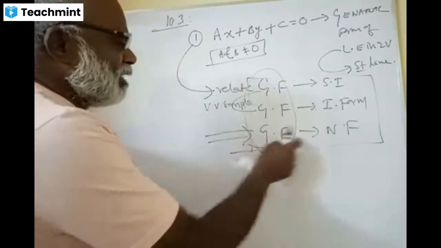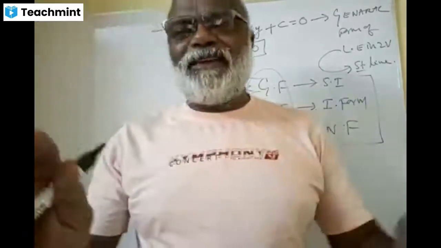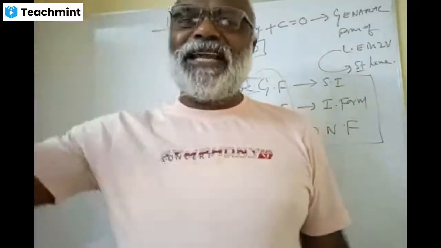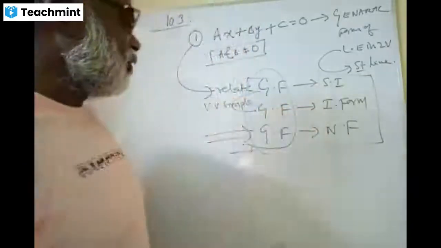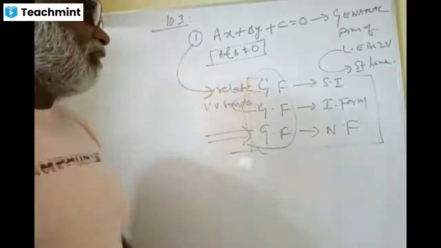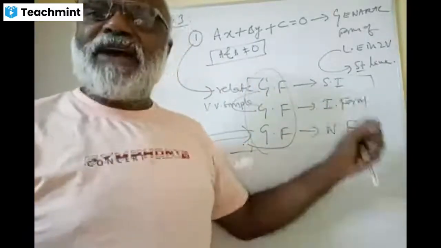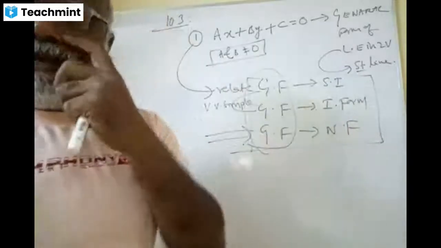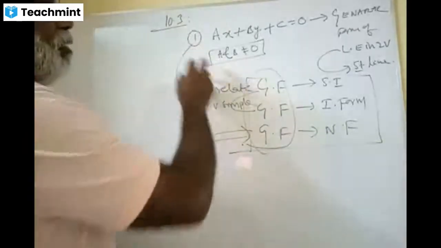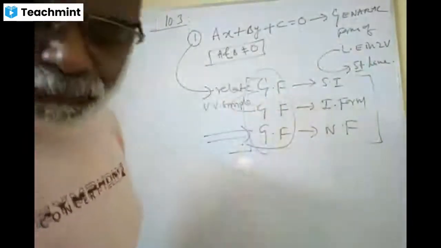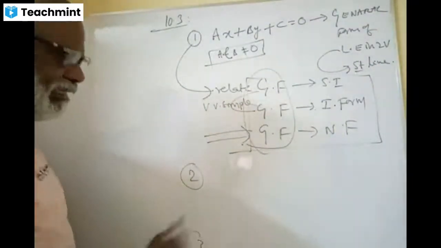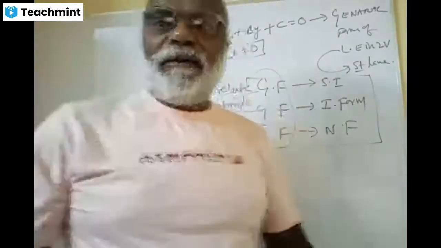You have to invest some time in this one, the normal form. Already the normal form itself is not normal, it is abnormal. We have seen it while deriving x cos alpha plus y sin alpha equal to p. So here also, when transforming this normal form to general form, that means expressing cos alpha and sin alpha in terms of big A, big B and C, we will encounter some pain. That's the first one we are going to learn. The second important point is, and third, that's all. With these three, I think we will close this whole straight lines chapter.